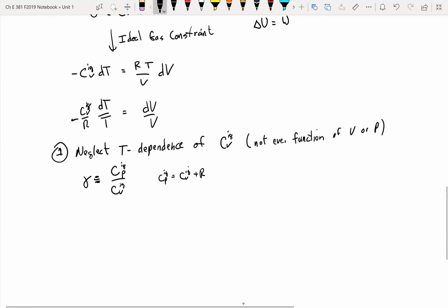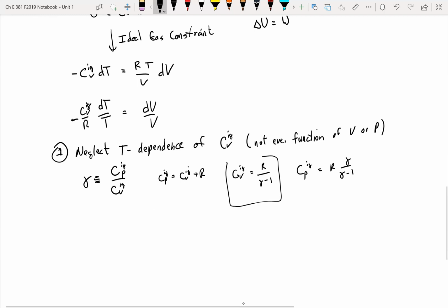we get to substitutions such as the following. CVIG is the same as R over gamma minus 1, and CPIG is the same as R times gamma over gamma minus 1. And so the gammas are what you see published in the textbook for a lot of these adiabatic expansion problems. So at any rate, if